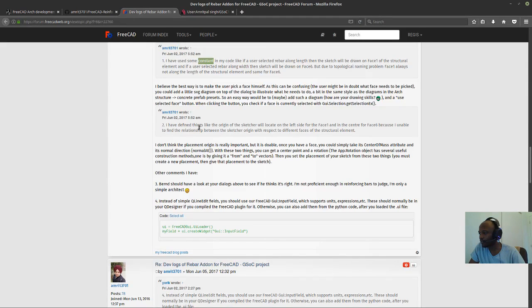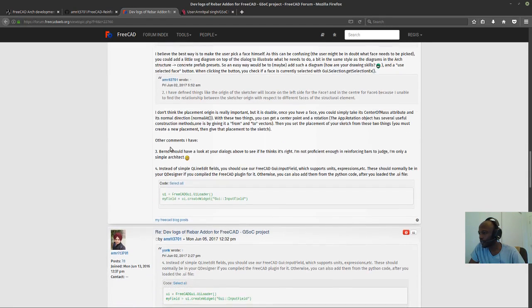And the select face button: when clicking the button, you check if a face is currently selected with GUI and all that stuff. I have defined things like the origin of the sketch will be located on the left side of the face and center. I don't think the placement origin is really important, but